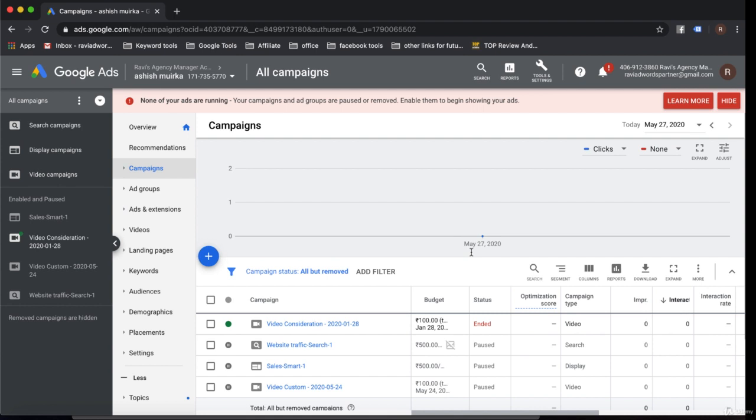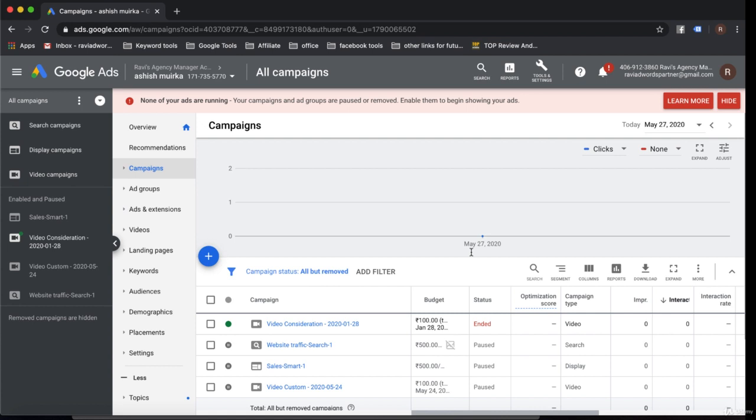And what is quality score? Quality score is a score given to every keyword from 1 to 10. A higher score reduces our bid per click and gives a better position in the search engine. Quality score depends upon landing page quality, relevance, and ad and keyword relevancy as well. Good CTR already affects quality score. Like if your CTR is between 2 to 3%, that means your quality score will be very good.